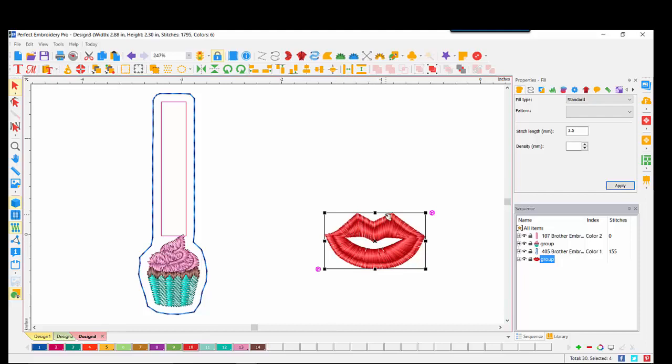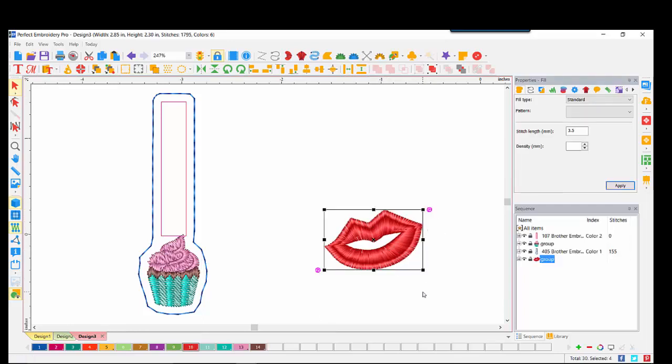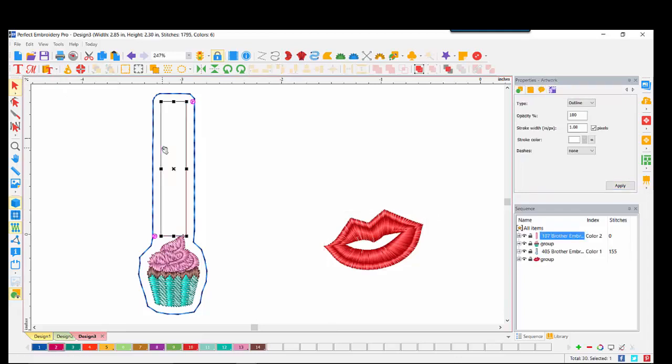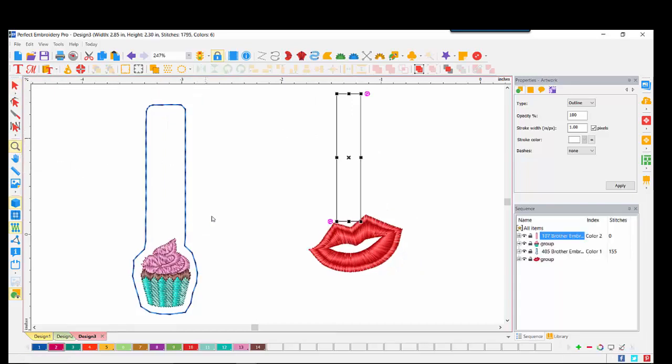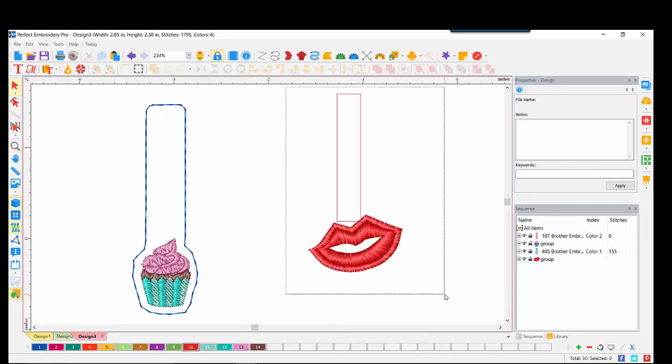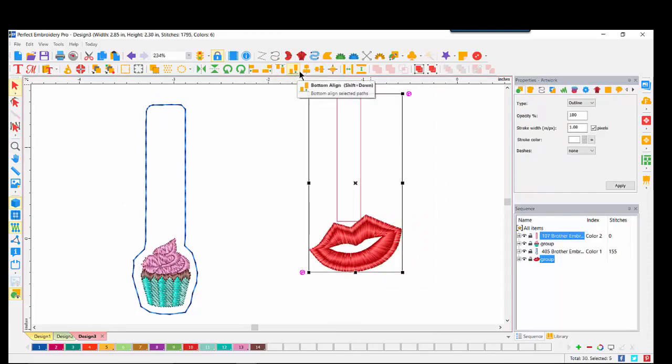And you can see the interesting look that I get by using that second pattern. It gives me a little bit of narrow satin with a wider satin, and I thought that was very interesting. I am going to rotate it just a bit. I think that's a little bit more fun. Come over to our cupcakes, select the spacer, drag that over to the lips. Once again, I can select both of them, come up to my horizontal center, and I think I like the look of that. Do a right click,